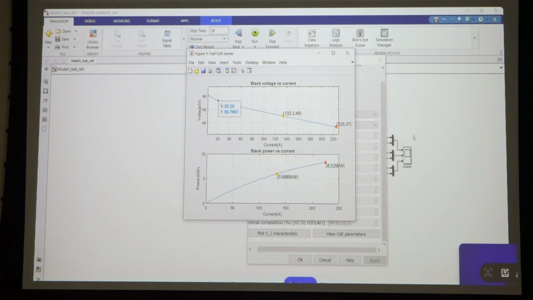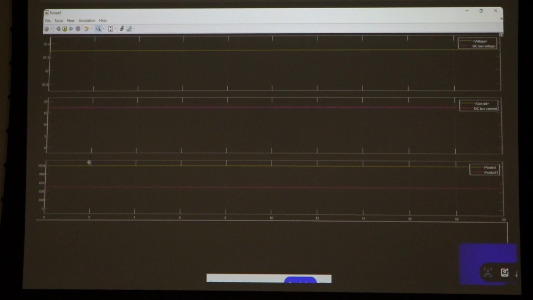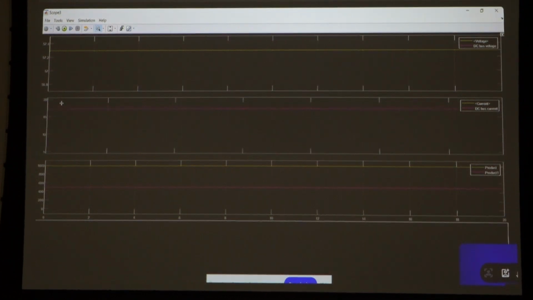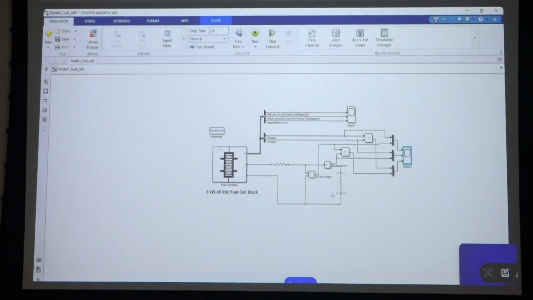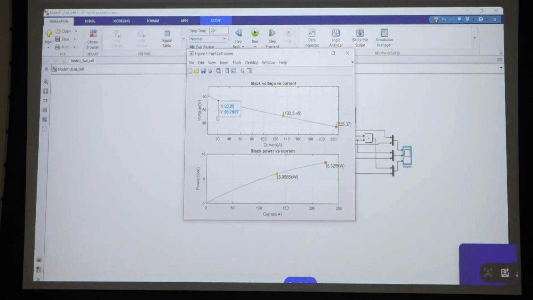If you see again this, our total current is like this much, total current 17. So that means from this point we can see our fuel cell actually operates at this point, not this point,